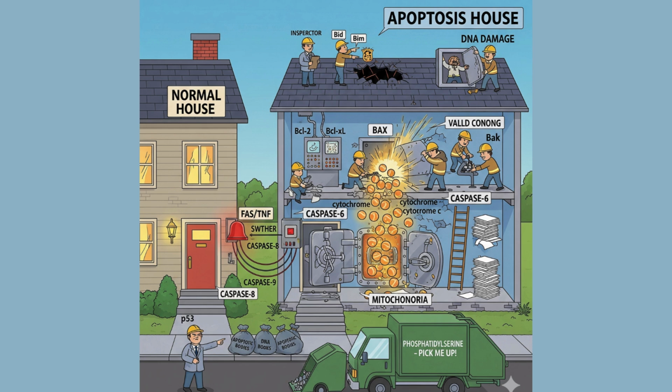And we have sensors: Bad, Bim and Bid. They sense stress and tilt the balance. Finally, p53, the house inspector. He decides when the damage is beyond repair and activates Bax and Bak, which poke holes in the mitochondria, leading